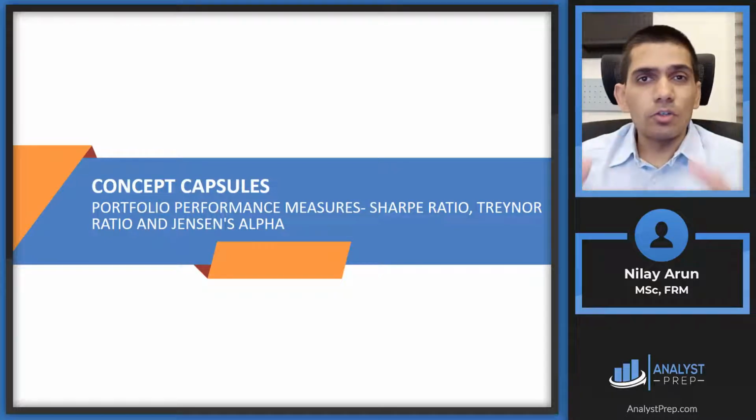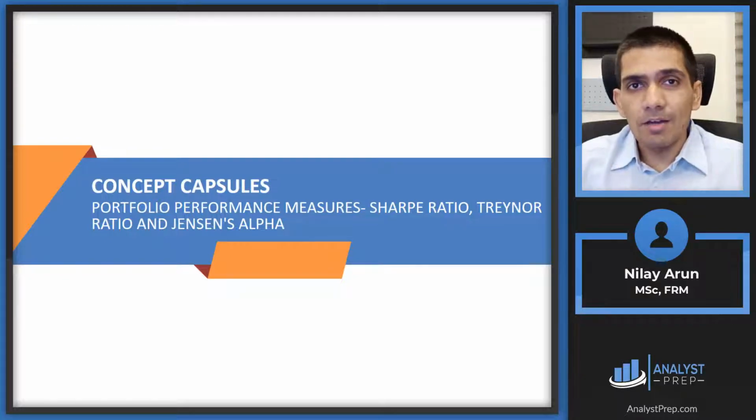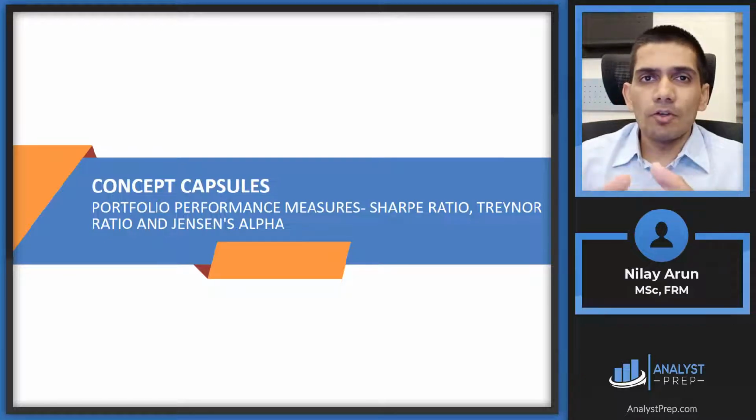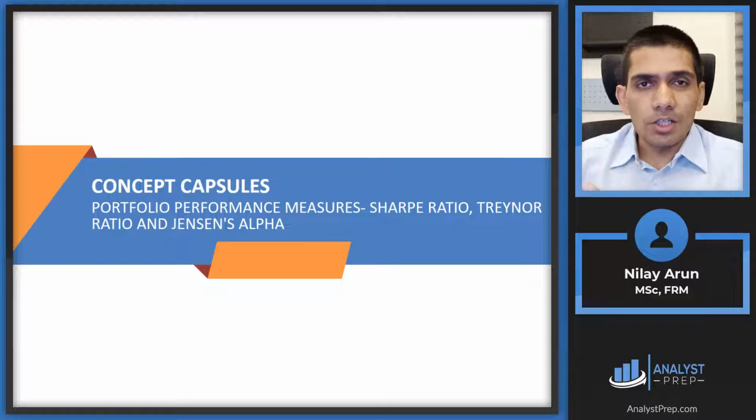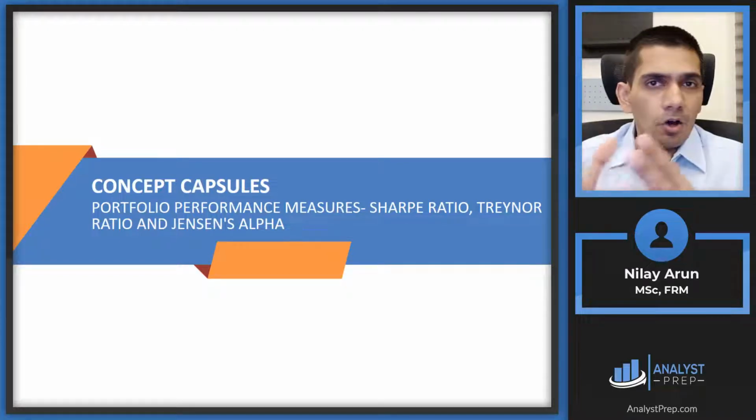The concepts that we're going to cover today are the various portfolio performance measures that we have, and specifically we're going to cover the Sharpe ratio, the Treynor ratio, and Jensen's alpha. Now there are more portfolio performance measures, but these are considered to be the more important ones, and we're going to look at the interrelationship amongst these and the practical usefulness of these